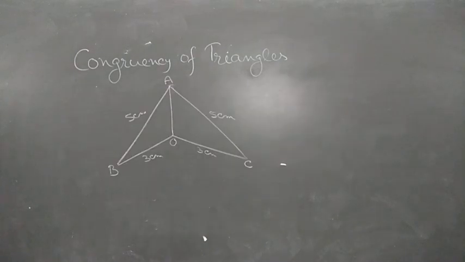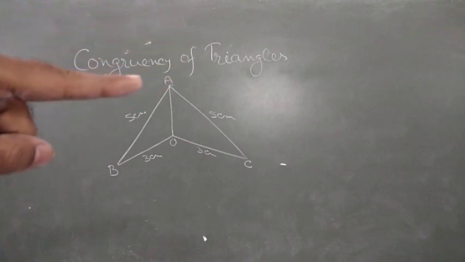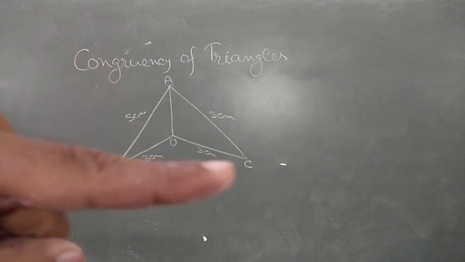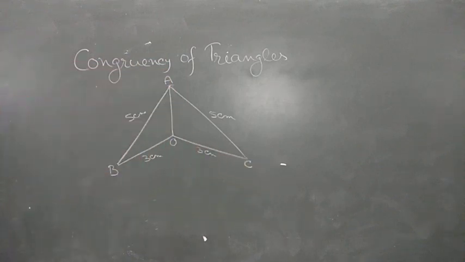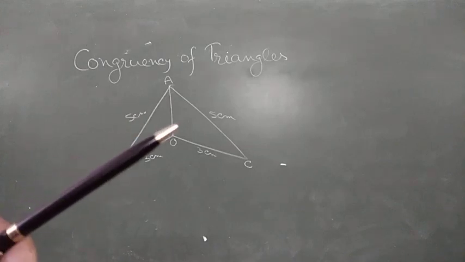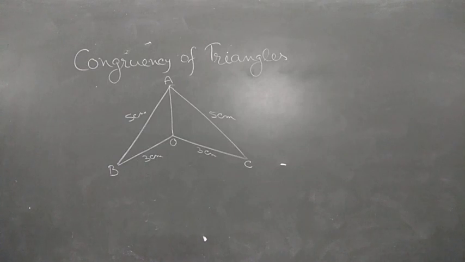As you are observing on the screen, there is a figure. This figure is a combination of two triangles: A, B and O, and A, O and C. There are two triangles. My finger is not pointing properly, let me use my pen. This is triangle A, B and O, and this is another triangle AOC, sorry. It says that prove that these two triangles are congruent, but in this case we have to